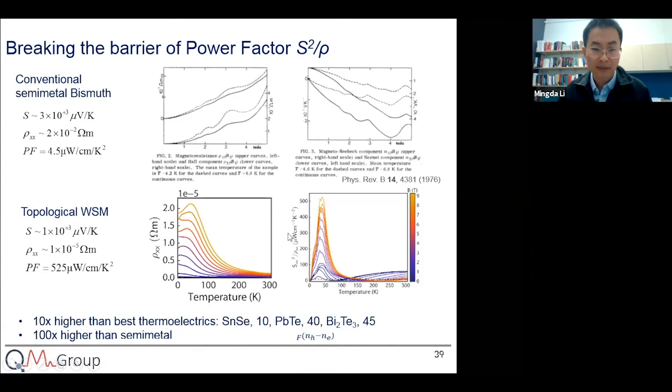And for this Weyl semi-metal, it's about like 500. So that's also like 10 times higher than the best thermoelectrics, like lead telluride, bismuth telluride. But those materials reach a very high power factor only at elevated temperatures. And it's also 100 times higher than similar types of semi-metal materials. So at this stage, we can think that we can truly utilize these topological singularities as a source to